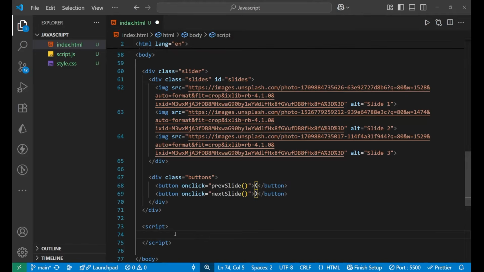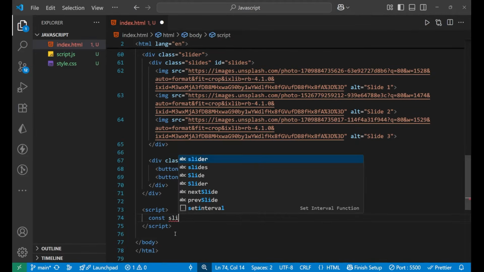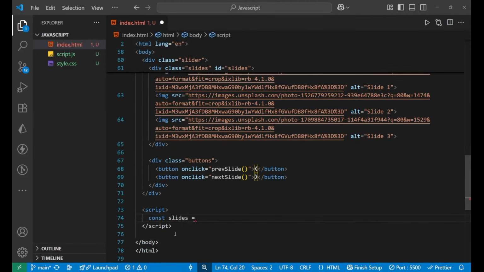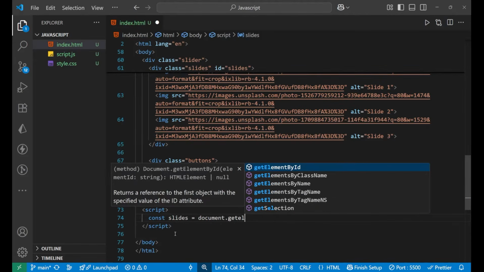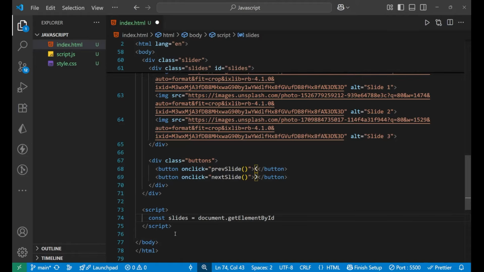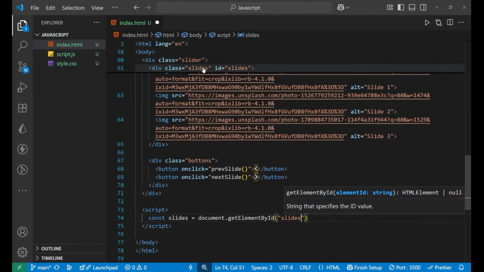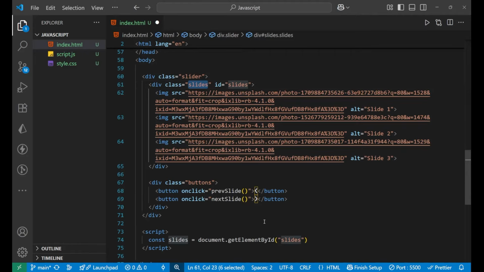So let's take the slides: const slides equals document.getElementById, and then we put a bracket here. Inside of this we will write slides, right? As you can see, slides.